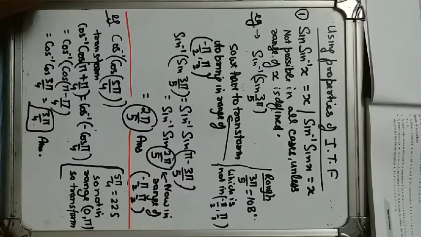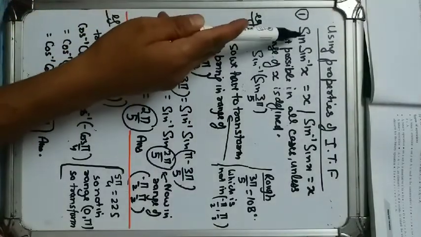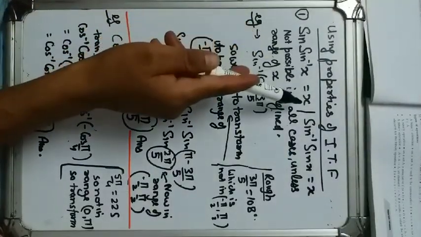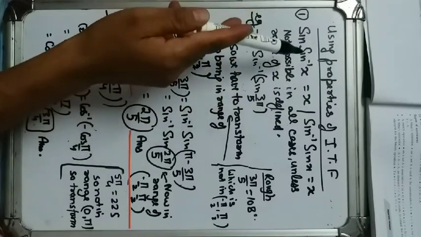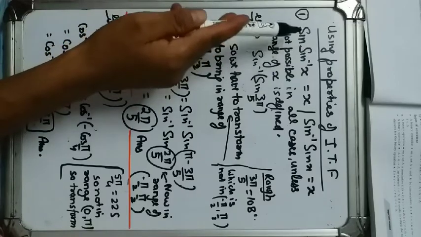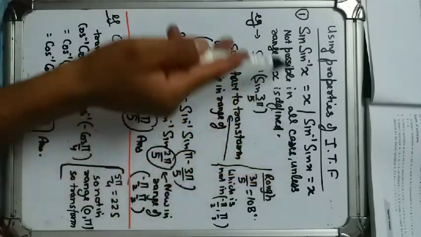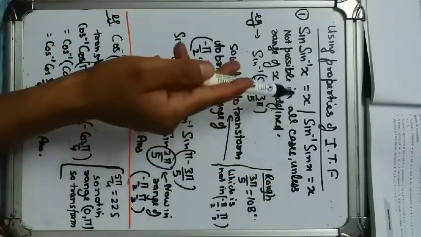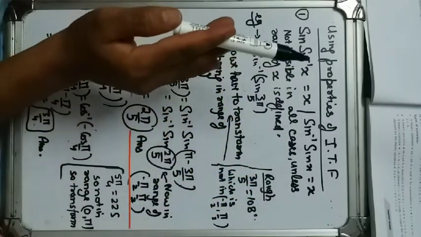Now let us discuss some questions using the properties of ITF. We know that sine inverse sine x is equal to x. Normally we cut off these two values, but this is not the proper way because we cannot cut this value. We just ignore the value and it is equal to x, but every time this is not equal to x. It is not possible in all cases unless it is defined